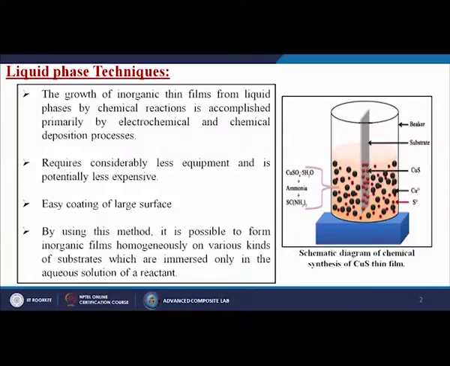So, here you can see that we are taking some kind of substrate, and we have a beaker. We dip the substrate into the solvent, which is a mixture of copper sulphate with ammonia and thiourea. Then it releases copper ions and sulfur ions. This copper and sulfur slowly deposit onto the substrate itself, forming copper sulphide. So, this is the overall diagram of how we form copper sulphide onto the substrate material.